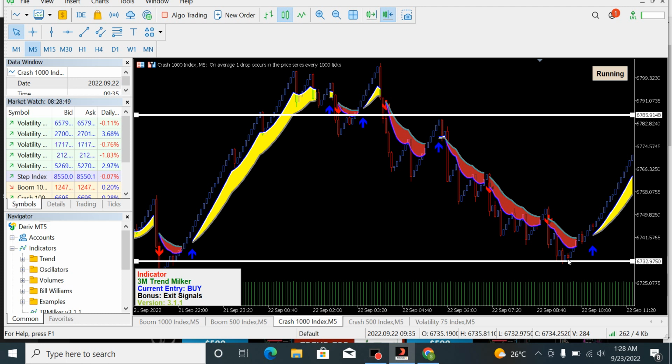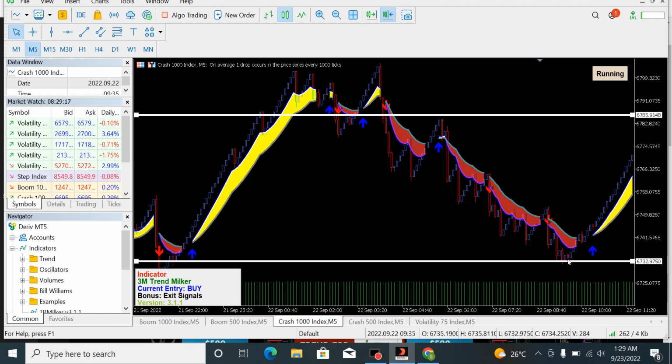So apart from the custom made indicator that is helping us with this, the most important thing in this video is that you should know when to trade the spikes, or when we will be having more spikes happening, and you should know when you can trade in a normal trend, when we won't be having a lot of spikes happening. Okay, and each of the assets has its own way of trading it.